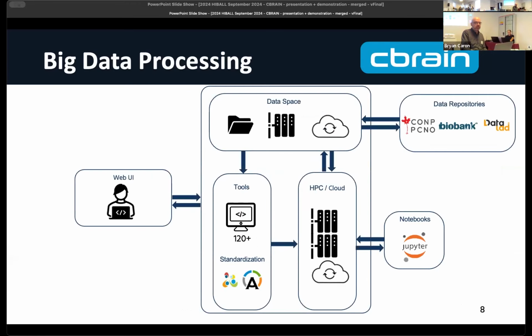So really, the workflow that you're going to get within CBRAIN is you're coming in through the web UI, as I said. You're going to be able to work with your data in what's called a data space, which is organized at the project level, which you'll go through an exercise and you'll create those projects yourself. You're going to then be able to select from an inventory of tools. All these tools are containerized using something called Apptainer, which you might have heard in other names, Singularity.